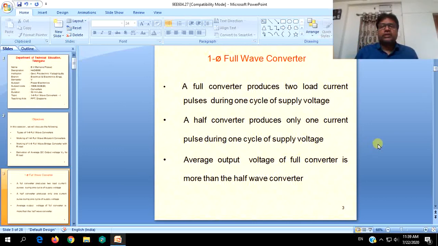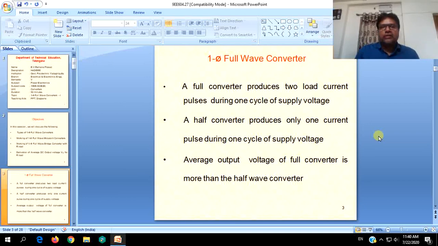To start with, what is a full wave converter? Just according to the basics of rectification, full wave conversion is nothing but converting both the half cycles of the input AC supply into positive, or to come in one direction, that is only positive, or negative also can be done separately. So that is, the positive half cycle will be given as positive itself, and the negative will also be given as positive half cycle.